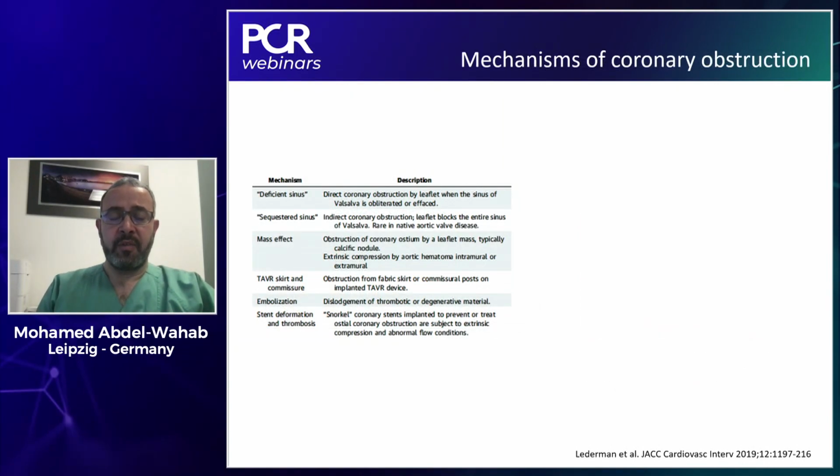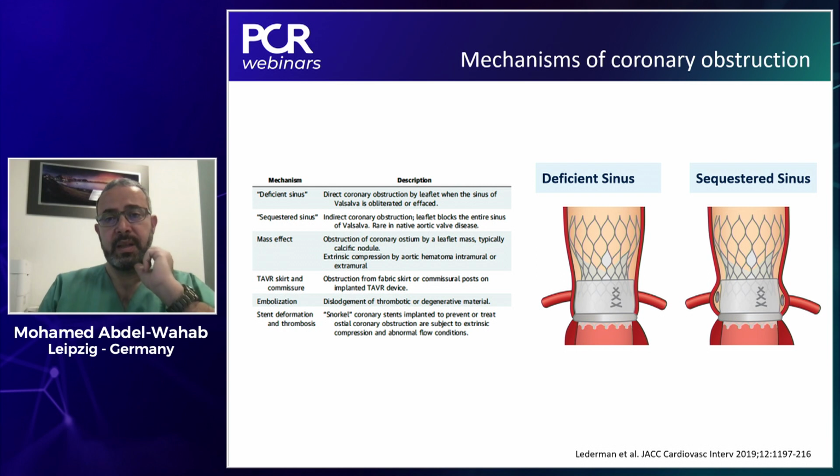There are a list of mechanisms that cause coronary obstruction, but if we consider the two most important mechanisms, please click, Didier. These are the two seen on this slide, what we call deficient sinus and sequestered sinus. So we either cause direct coronary obstruction by deflecting the leaflets of the surgical valve towards a coronary ostium that is situated in the vicinity of these leaflets in a patient with a very small sinus of Valsalva,